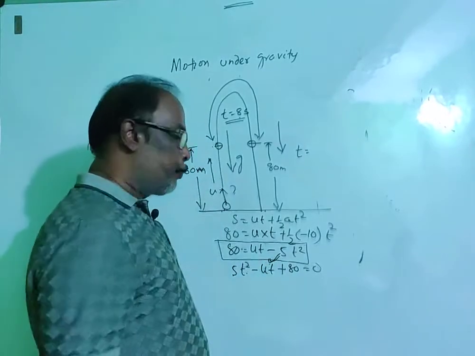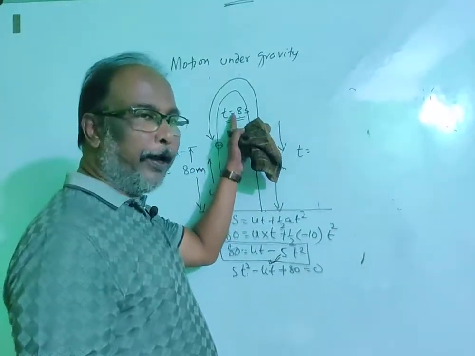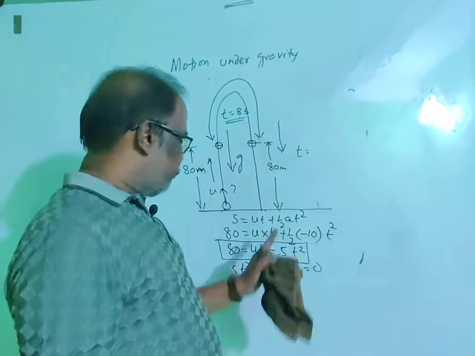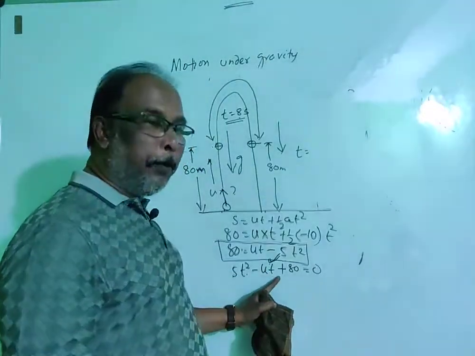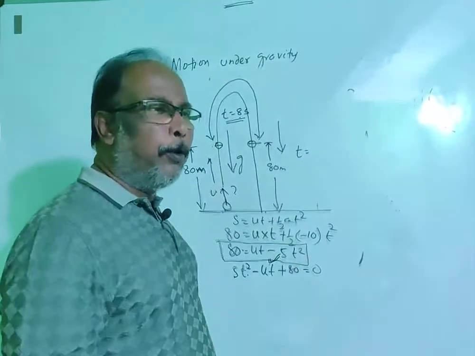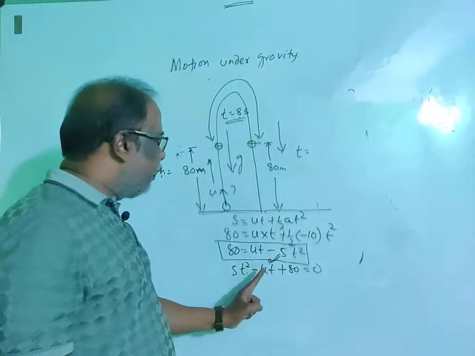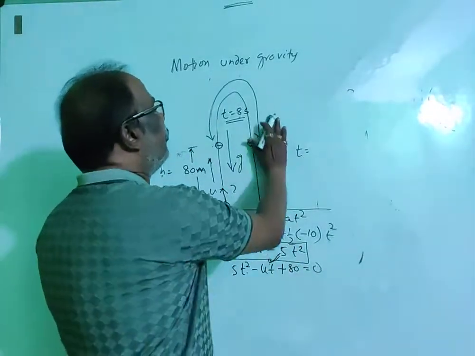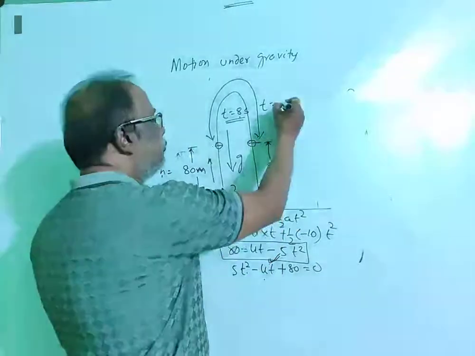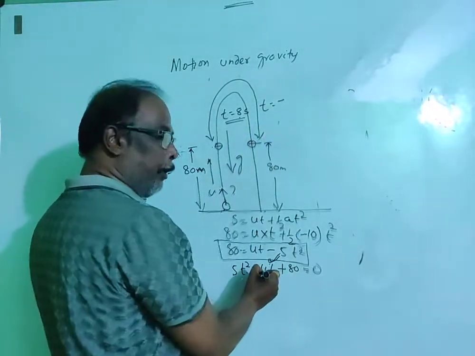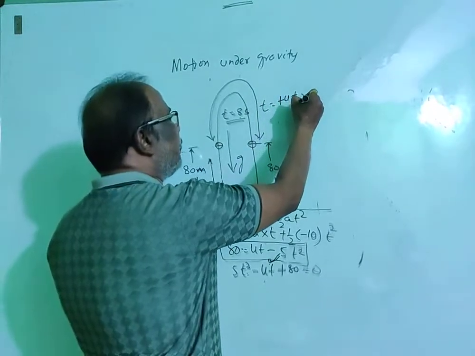So that we may take time as unknown quantity, but we know the value of time. So quadratic equation, this form will give us the answer about time. Take time as unknown quantity, and finally we will put the value of t. Then from this equation we can get t is equal to, by the quadratic formula, minus u, means plus u plus minus